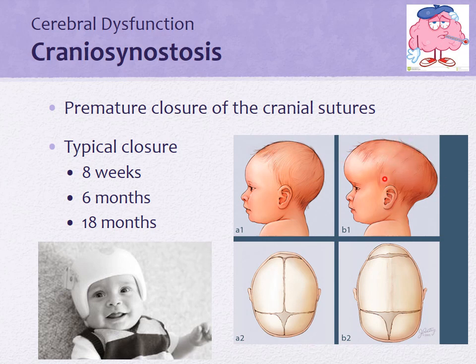So, say this child had a helmet on, it's going to allow for normal growth in the areas that have not been affected, but not allow those areas that were affected to grow any larger. Hopefully that makes sense. And then as the child grows, they'll change out the helmet to a different size.